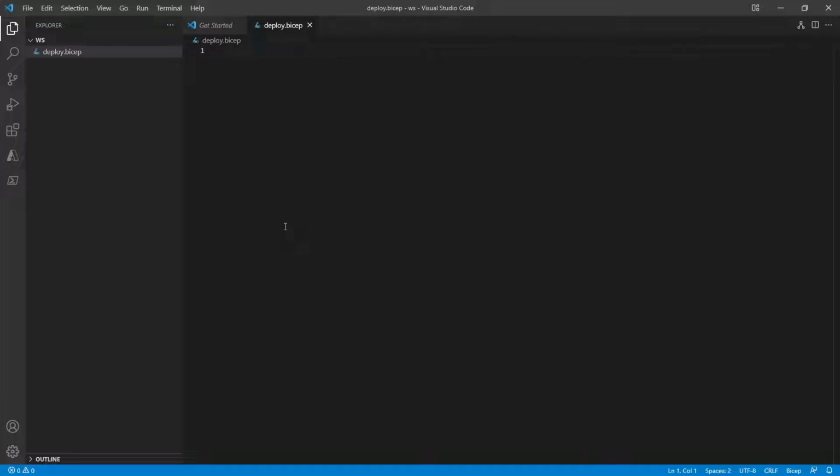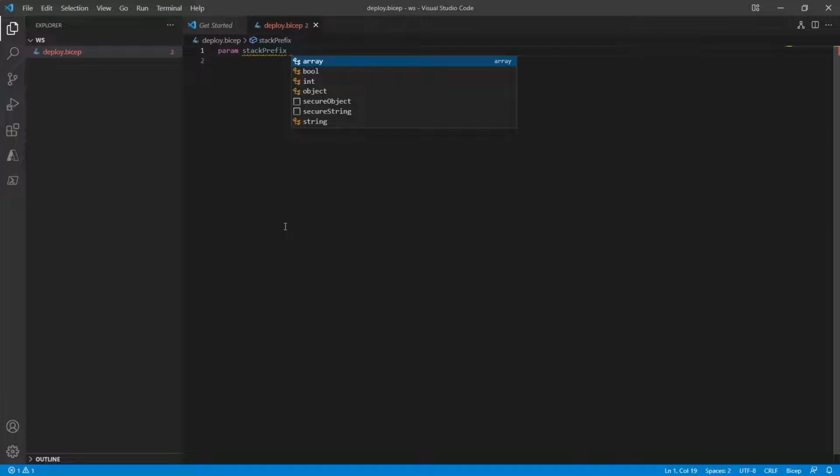So if you haven't seen that video, I'm going to also put a link, so you can feel free to reference that. But let's start with defining our parameters. As with how I like to name my resources, I love to name my resources with some prefix, and that's why I always have this prefix called stack prefix